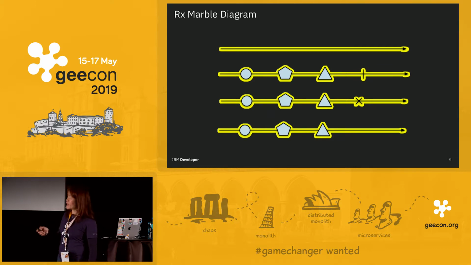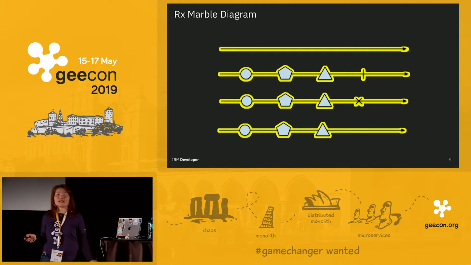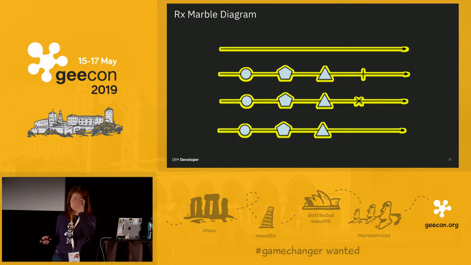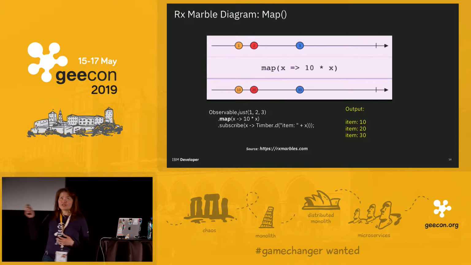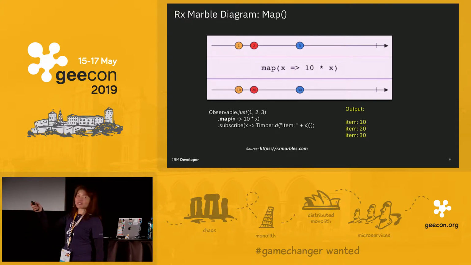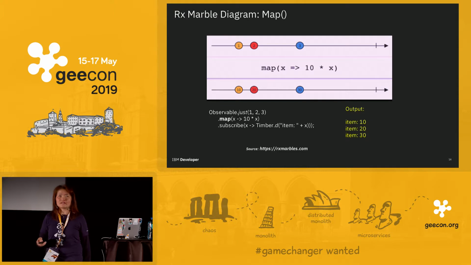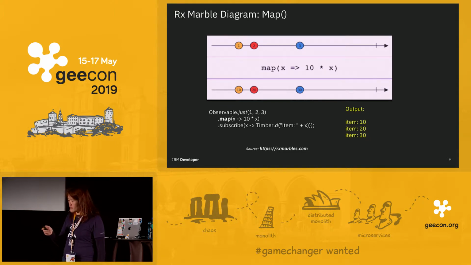And then the very bottom one is that these are events that are happening, but there's nothing else after the last marble. This indicates an open-ended stream, so it is continuously listening for events to occur on this stream. Now let me go on to the next slide, which is an example of using an operator on a stream. This is again just a basic example to illustrate some basics.